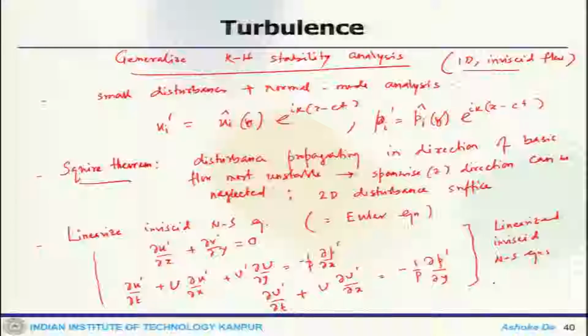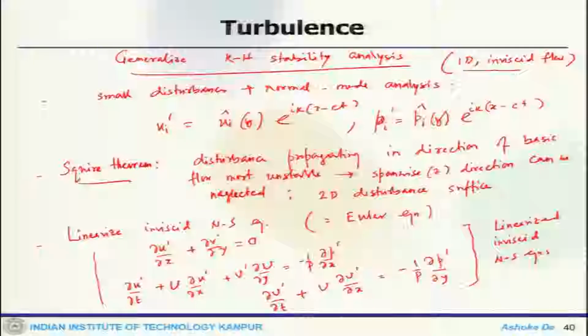Welcome back. So, let us continue the discussion on turbulence. We are looking at the generalization of the stability analysis, and we started with the Kelvin-Helmholtz instability. So, this is where we actually stopped in the last class. If you look at this generalization of this instability,